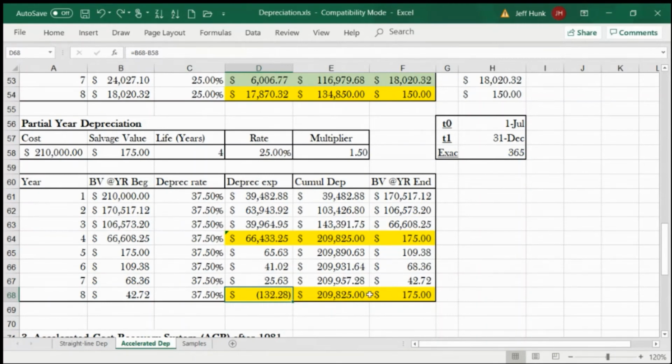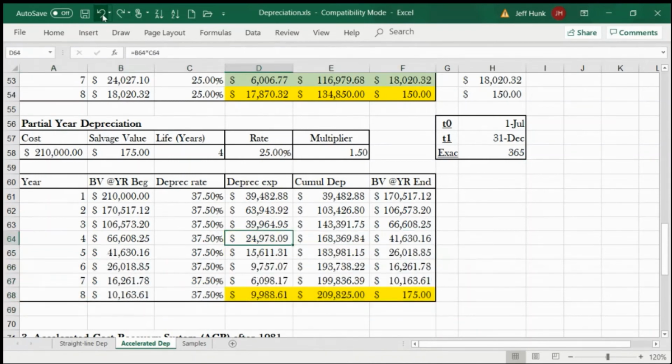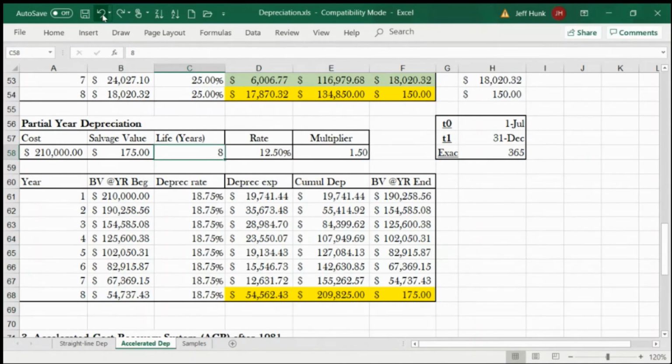Mechanically, you end up at salvage value, but it is obviously wrong. There were people who did it like that, not realizing that they did it wrong. So anyway,